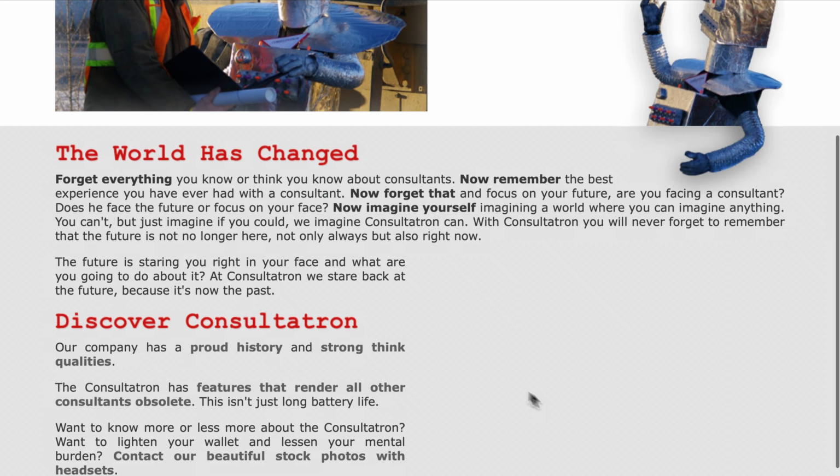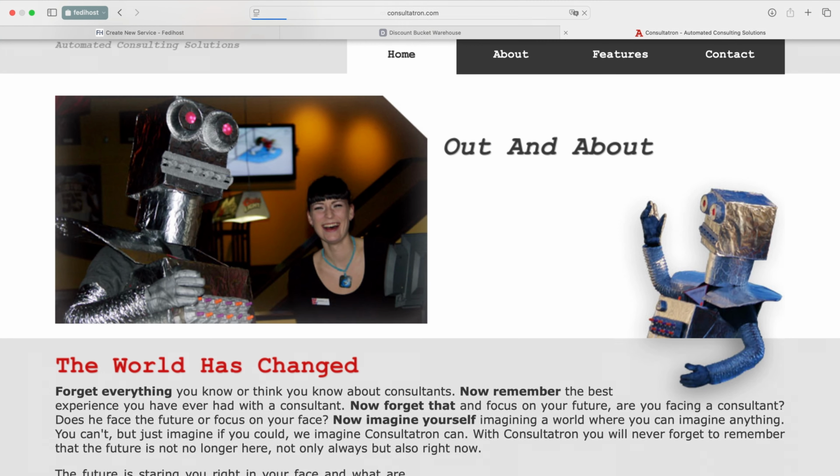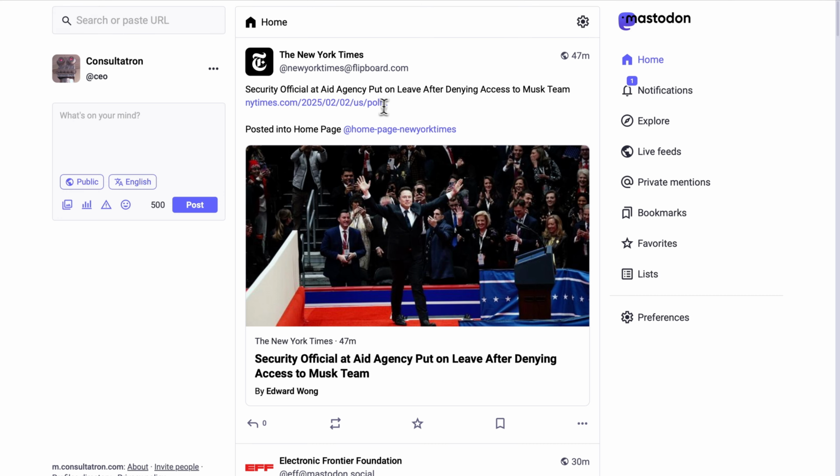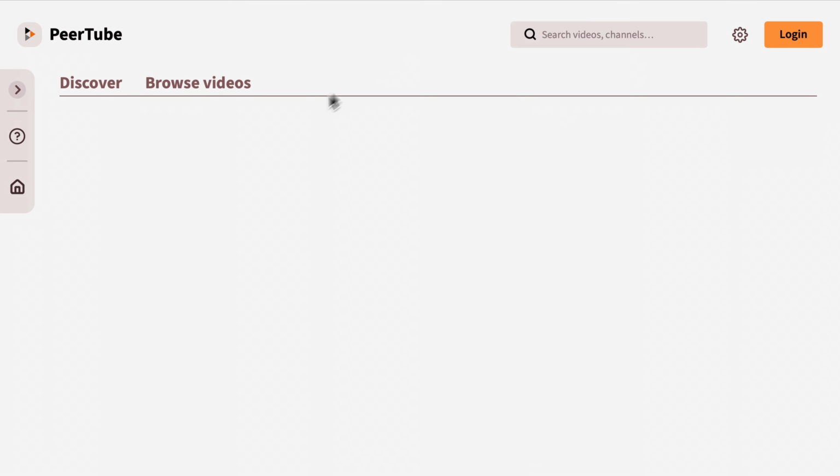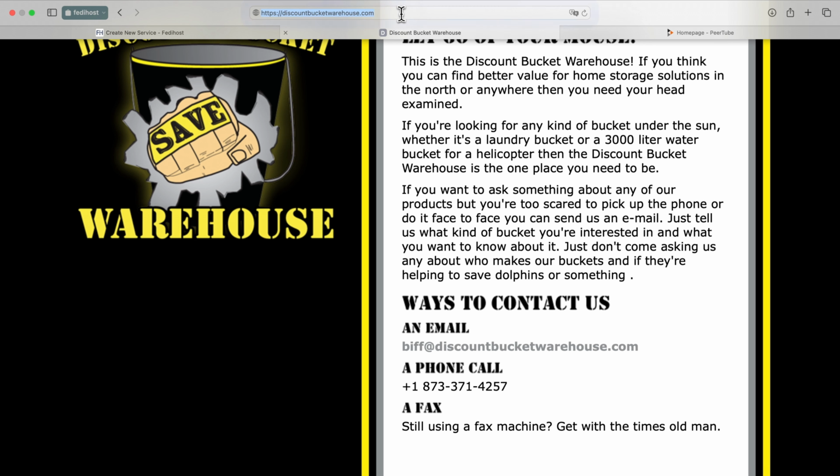Consultatron has a website on their domain at consultatron.com, but they have m.consultatron for their Mastodon instance. They have video.consultatron, that's where they have their completely empty PeerTube. Consultatron is not doing a great job on the PeerTube right now. So similarly, Discount Bucket Warehouse wants to set up GTS,